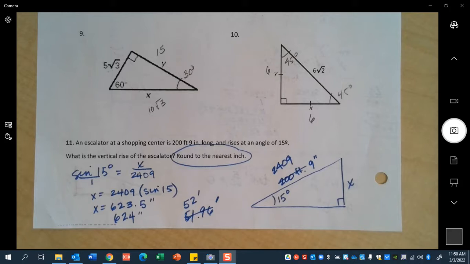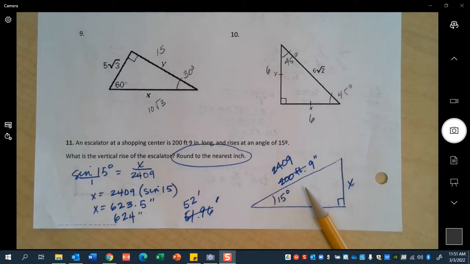An escalator at a shopping center is 200 feet, 9 inches. That is the length of the escalator. That is the length that I'm traveling when I'm on that moving staircase. There's a 15-degree angle that I ride up. My job is to figure out the vertical rise. I have my hypotenuse, I'm looking for my opposite, so the sine of 15 degrees is equal to my opposite